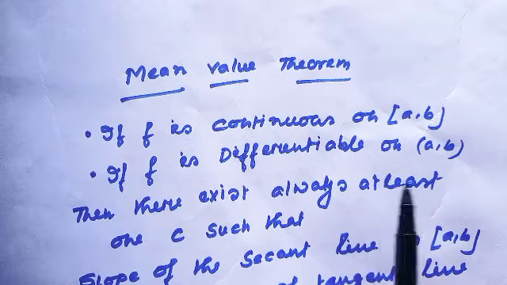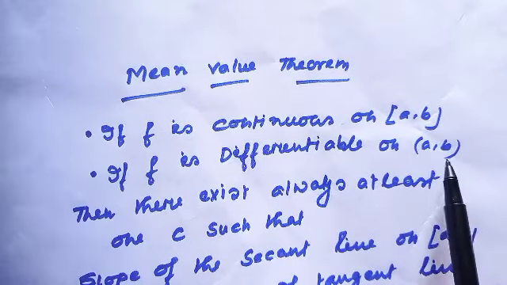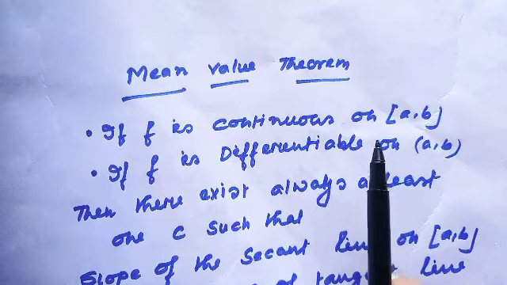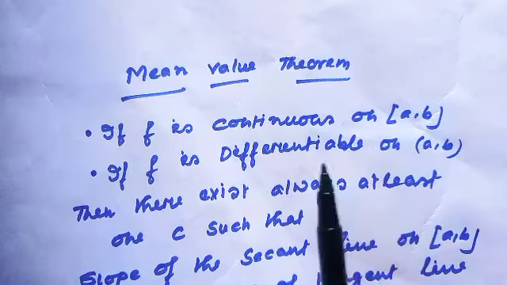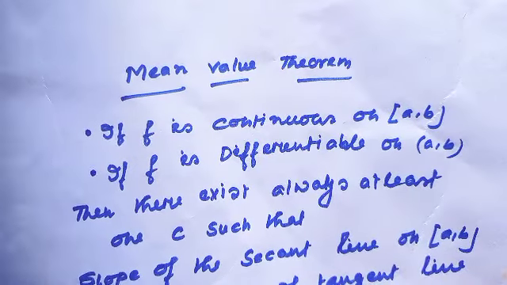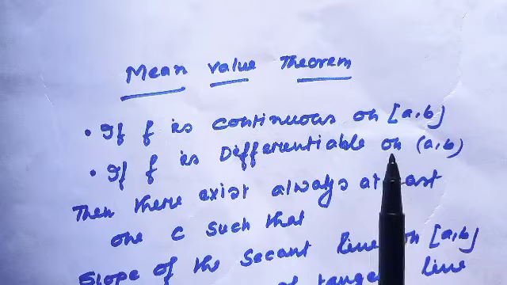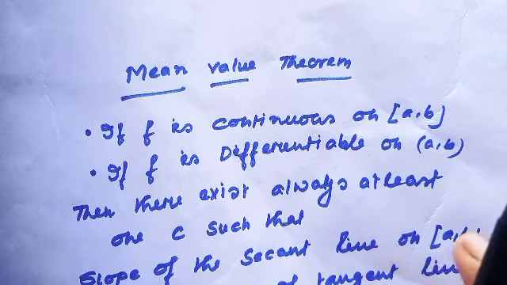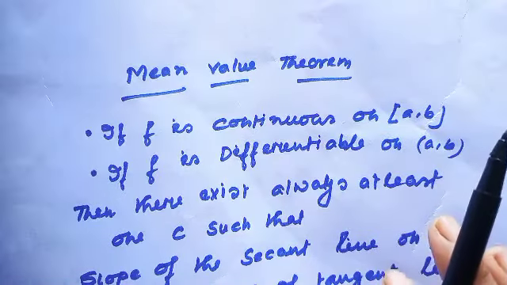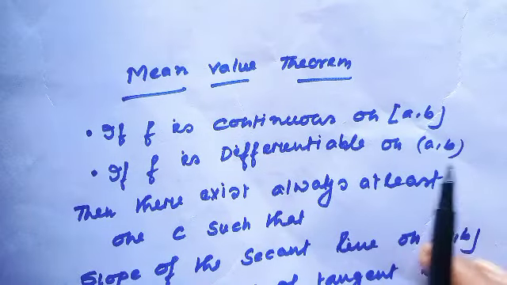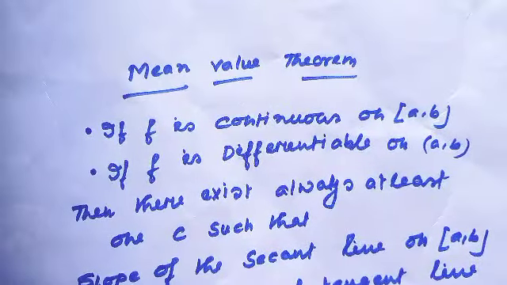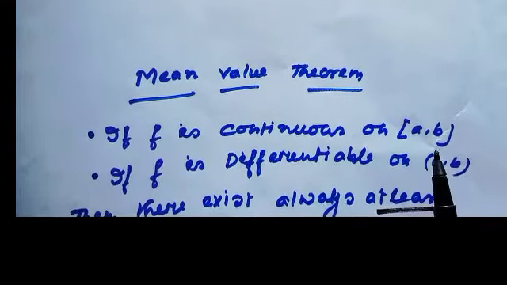and the function is differentiable, here notice, on the open interval AB, and since the given function is continuous on the closed interval AB, that means the function has no break on the graph, and since the function is differentiable on the open interval AB, that means there exists a derivative at all points of the function in every interior point between A and B. That implies the function is very smooth. If these two conditions are satisfied,